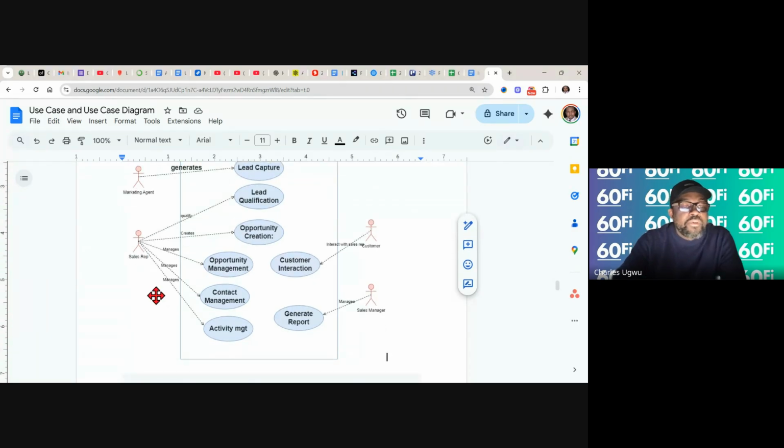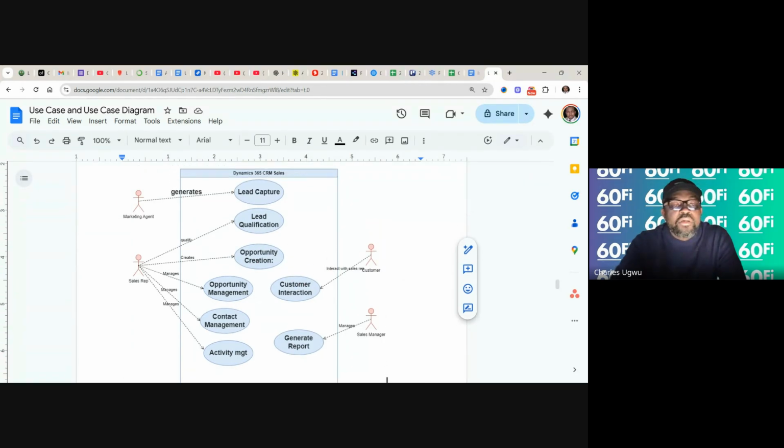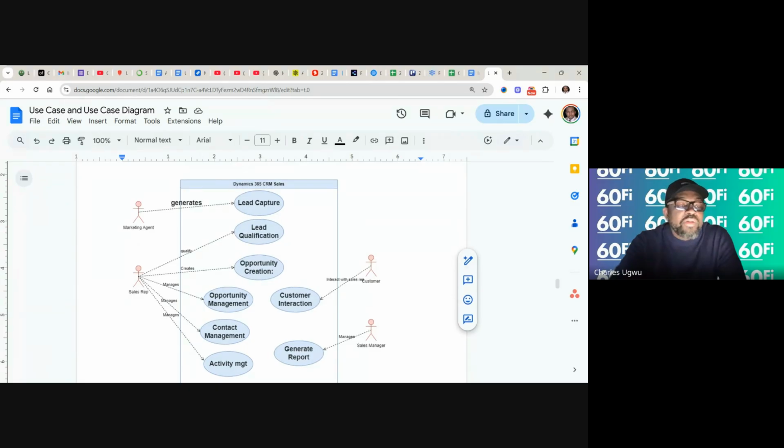Sales rep manages activity. Customer interacts here, customer interaction with the system via sales rep. And then sales manager generates reports. So you've shown in a diagram